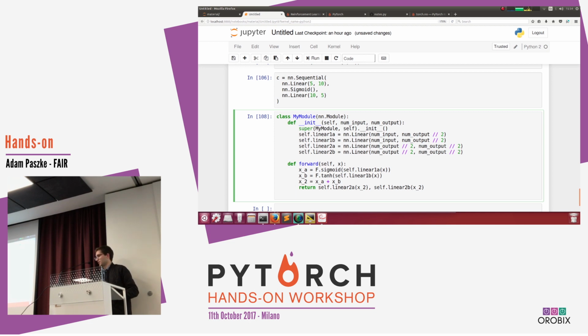All right. So that's how we write modules. As Sumit has shown,